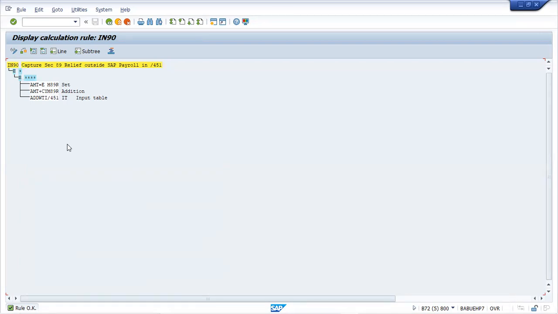So I told you today 3 different PCRs. IN 91 was very simple, just a one-liner which we have seen. Similarly, the other rules, IN 89 and IN 90. This is just for your understanding. I have never changed these in my projects. I directly used them, just a simple copy, in my schema. Otherwise, nothing much is there. So these are the 3 PCRs which you have to remember.